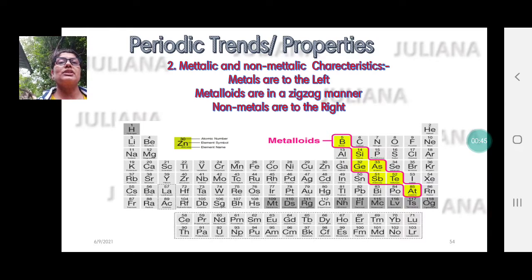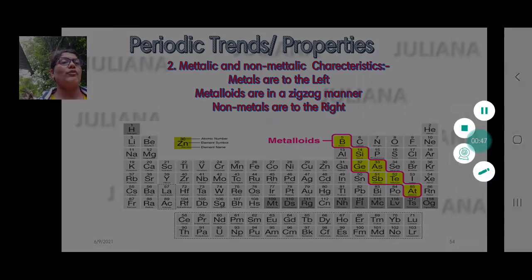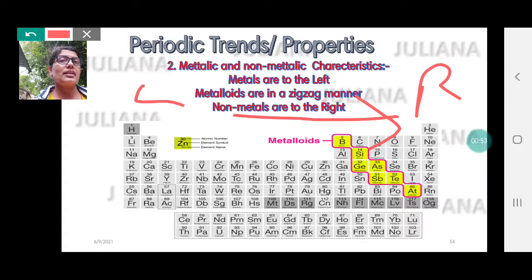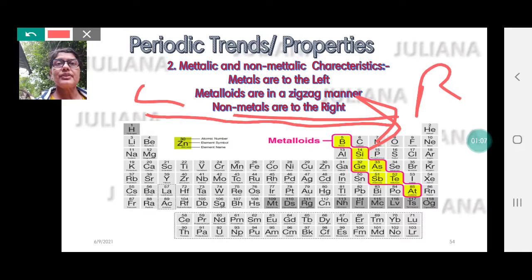Is electropositivity increasing from left to right? Is it increasing? Positivity means the metallic character where the electrons are donated easily. What is the answer? No. Okay, electropositivity decreases across a row, across a period. It becomes more electronegative towards the right. What about electropositivity from top to bottom in a group then?